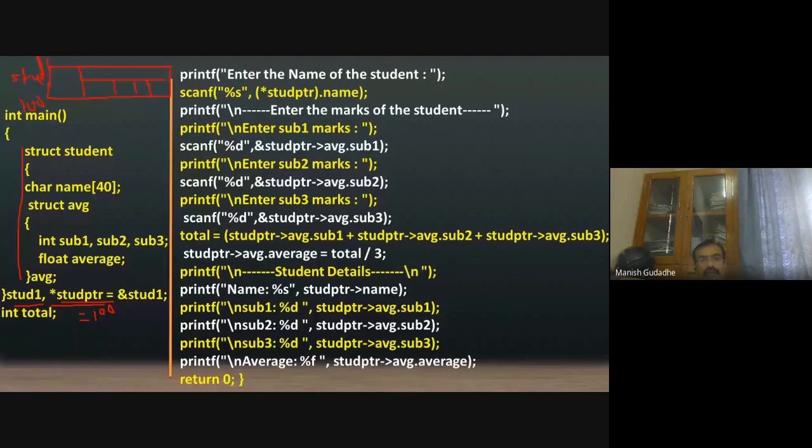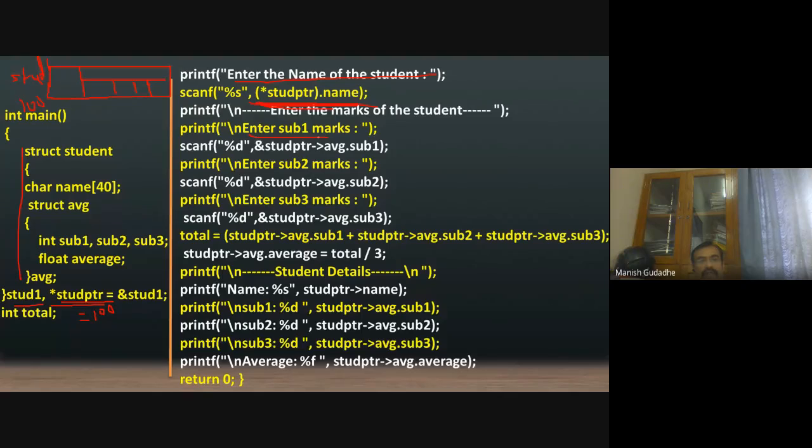Now we can make use of this. Enter the name of a student. Here, instead of saying stud1.name, I am using the pointer variable for the structure: stdptr dot name. This is the first convention, using the dot operator and the indirection operator. While entering the name, I am using the first convention.